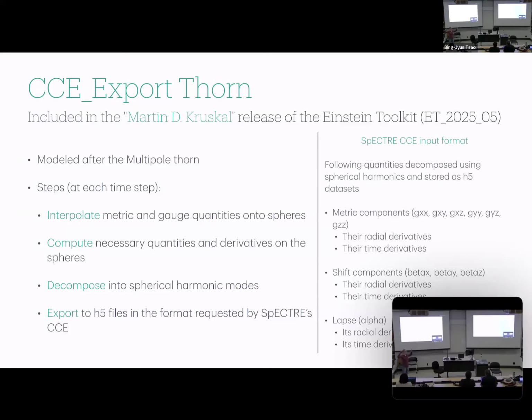And that whole extract on a sphere and decompose into spherical harmonics is what multipole does. And so this thorn is very much modeled after that, to not reinvent the wheel.